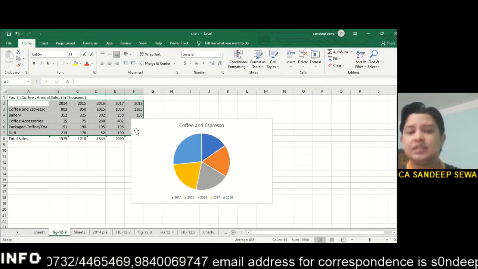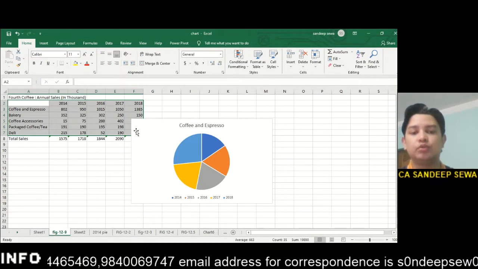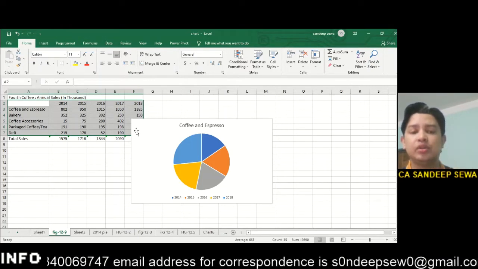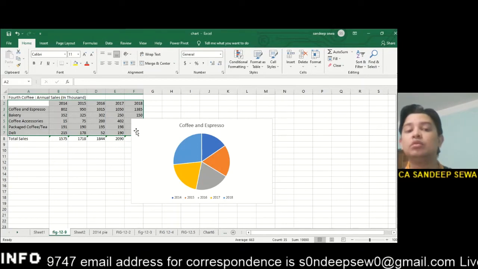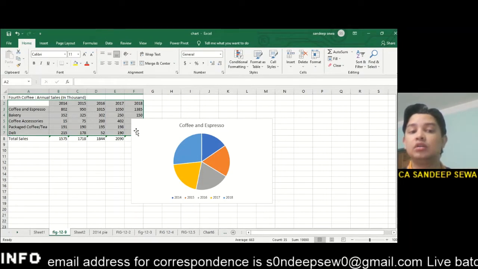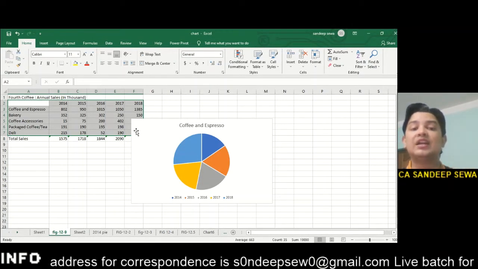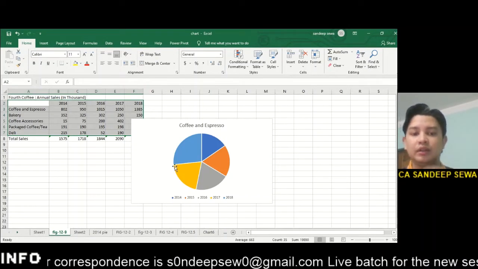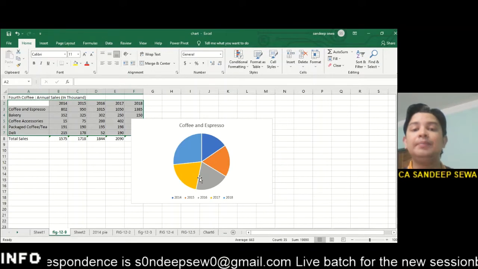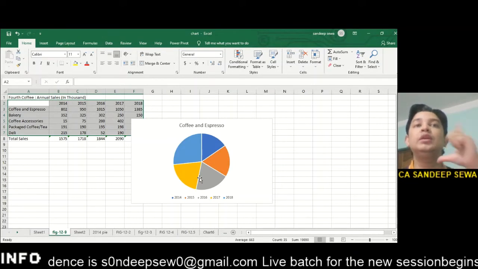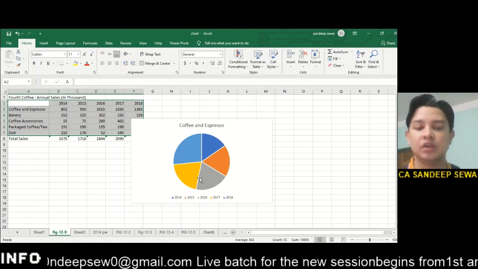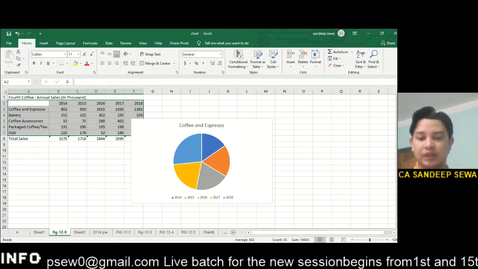Each type of chart has its own use. Why is this pie chart not giving meaning now? Because my selection is wrong. My selection of chart type is wrong based upon my source. The pie chart will only portray one data series. A pie chart can be used for only one data series, which I have already shown you in my notes.